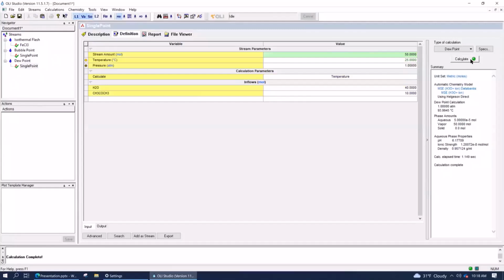and said, okay, I want 1/10⁶ of the total moles to be in the liquid phase. So if you look here in the aqueous, you can see that you got 5 e to the -5 moles, which is essentially 1/10⁶ the amount in the total system. Okay. That becomes essentially the first drop of water. And then again, just like before, the software is calculating what temperature is required to achieve that state, right? That phase distribution.